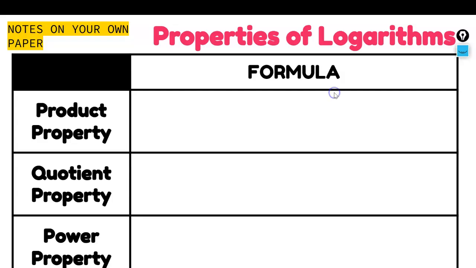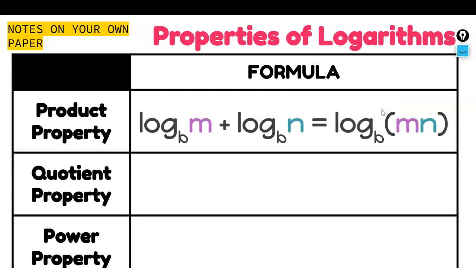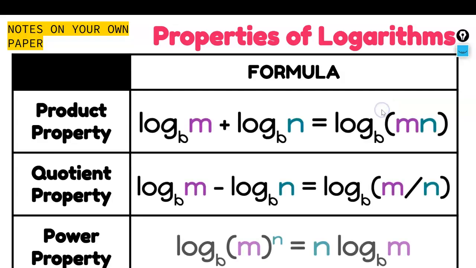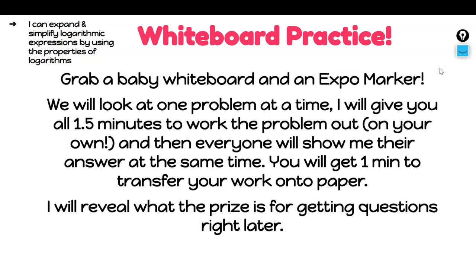So we're going to start out by looking at the product, the quotient, and the power properties. You are definitely going to want to write these down so that you have them to reference. Now, in class, we did whiteboard practice. We had baby whiteboards and expo markers, and looked at it one at a time. Right now I'm just going to go through all of the examples so that you can see what we did